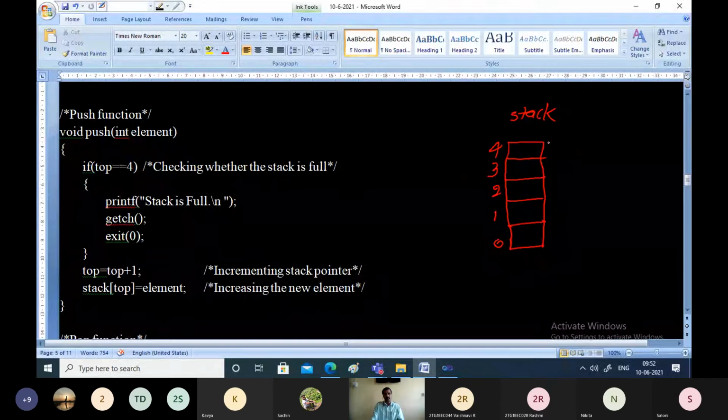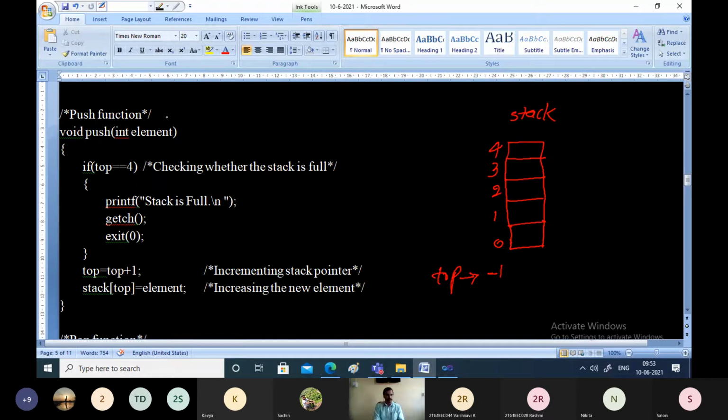Now, what is the procedure? Top was made to point to -1 in the beginning. This is the initialization we made in the beginning.